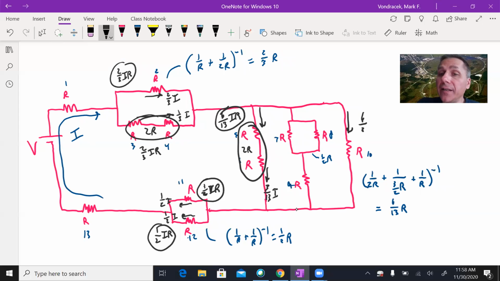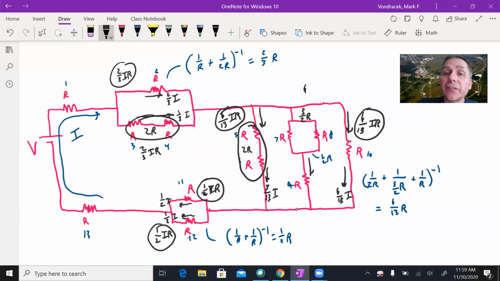Same voltage, right? 6/13 IR. It's in parallel. All the branches have to have the same total voltage. Divided by R, you get 6/13 I for the current. Just a little bit less than a half of the total current goes down that branch and through that light bulb. Now coming down the middle branch, remember the total resistance here,